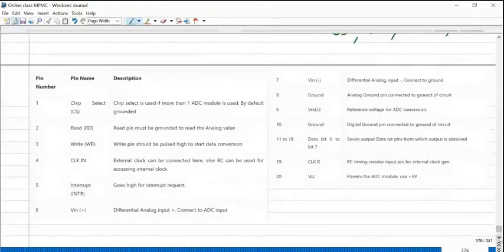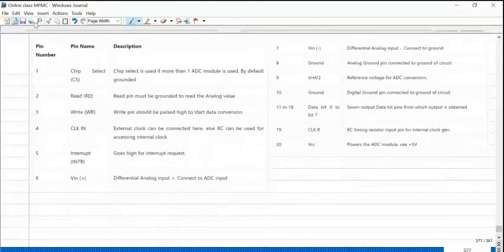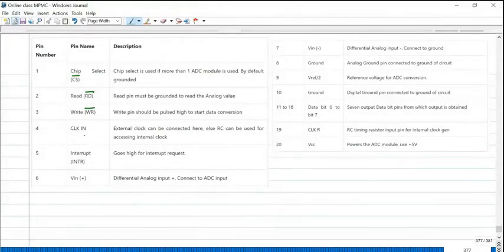Same thing I have given here for your examination preparation purpose: chip select bar, read bar, write bar, and clock in. We may connect an external clock, or for the internal oscillator we have to connect RC components.